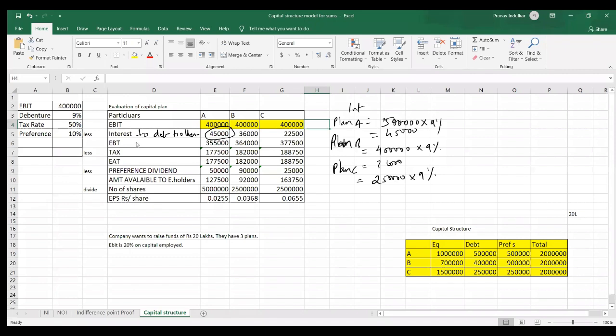EBIT minus interest is EBT. Can you see this over here? This is less, okay, so this is the amount you get, understood? फिर टैक्स, तो टैक्स परसेंटेज इज गिवन टू बी 30%। Take it as 30%, so 30% of this amount you get will be taxed and rest will be reduced। EBIT से टैक्स रिड्यूस करेंगे तो EAT मिलेगा। EAT stands for earnings after